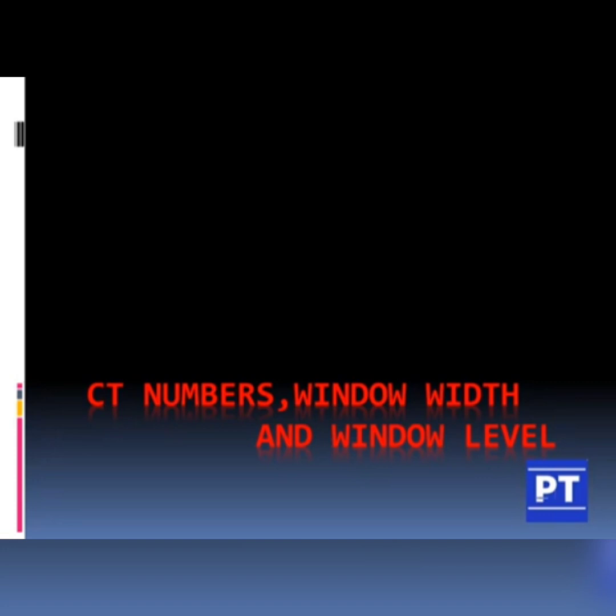Today we are going to discuss the topic CT numbers, window width and window level. The components of computed tomography, along with the generations of computed tomography, have been discussed in the previous sessions, so kindly go through that. One of my friends suggested that I include more about CT number. So today we will look at what is meant by CT number, window width as well as window level.